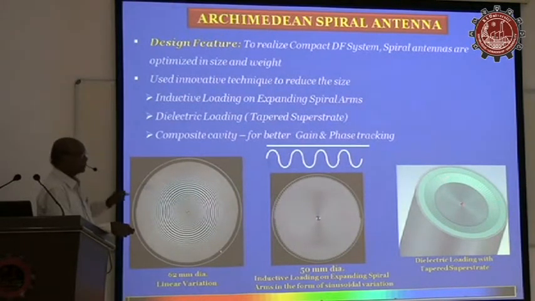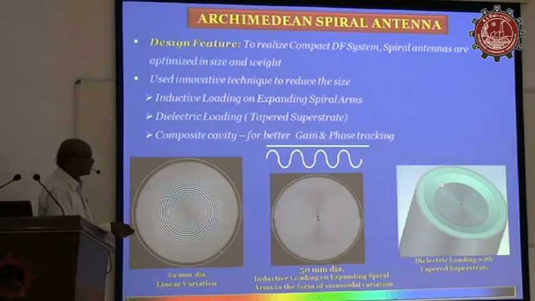At the same time, if we use only a dielectric ring, because of sudden discontinuity, again the reflection will go up and you cannot get the required performance. That's why from this portion to this portion you have tapered. Zero or very minimal thickness at the edges, going on increasing, and whatever thickness is there, 32 thou or 62 thou, we are maintaining. So that by loading the dielectric as well as inductive loading, we have reduced the spiral dimension by 40 to 50%. So these antennas we are using in interferometric DF arrays.